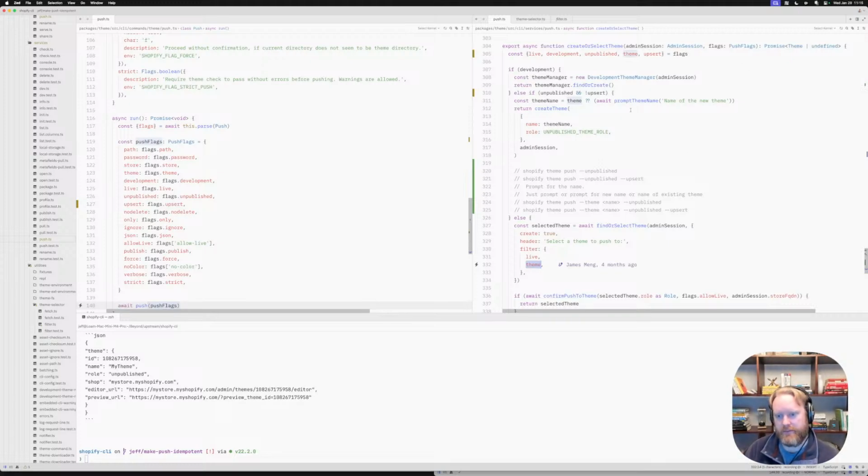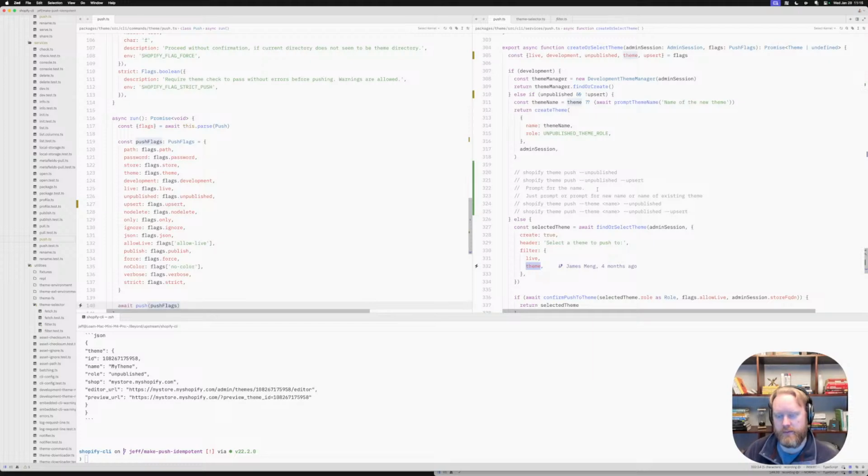Okay, so what we need to do here is, let's say in the simplest form of this thing, see, again, this whole thing is just simply about finding a theme. So when you're like, if it's unpublished, well, basically we want to say this and then